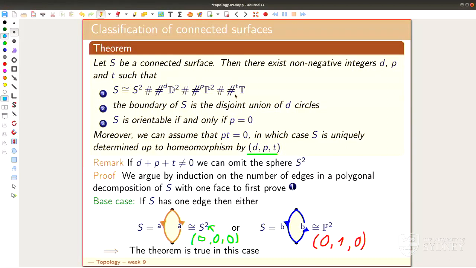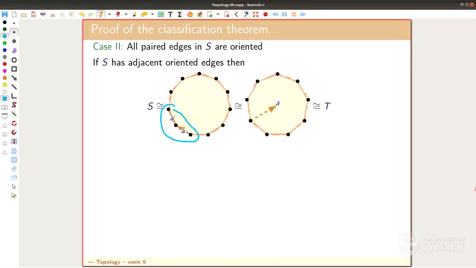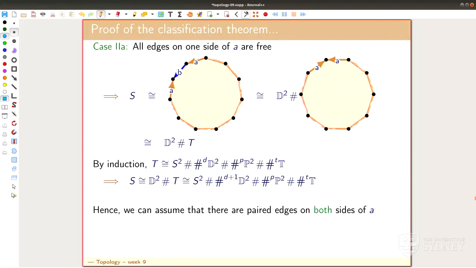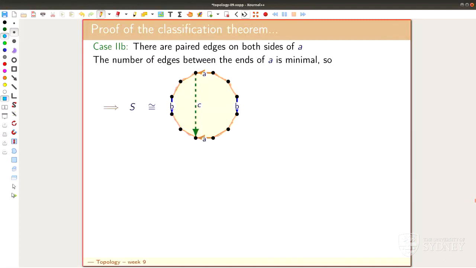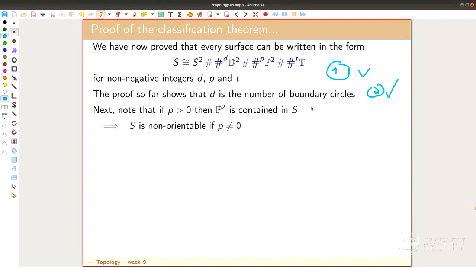And the last statement is the statement with p equals 0. It's non-orientable if p is not 0, so let's have a look at the last statement. Too many slides. So where are we? We did this one. Yeah, here we go. Okay, so if p is bigger than 0, then there's a projective plane in my surface. So that's a Möbius strip in my surface. That's essentially what you did, right? So it's orientable, and it's non-orientable if p is not equal to 0. Okay, and actually,